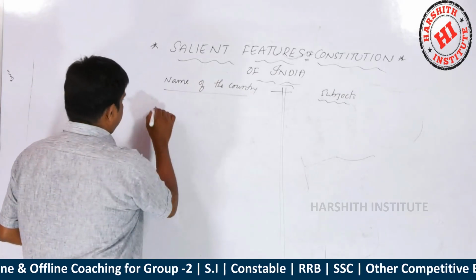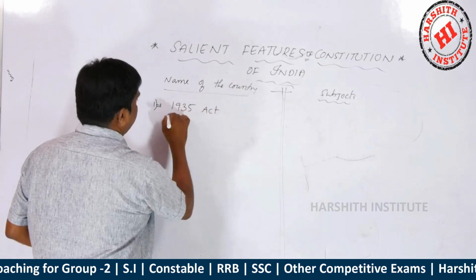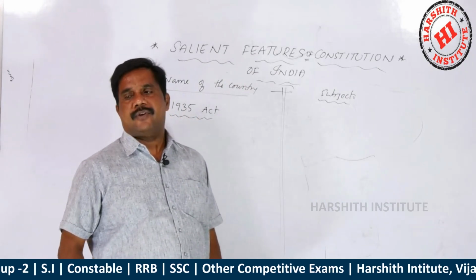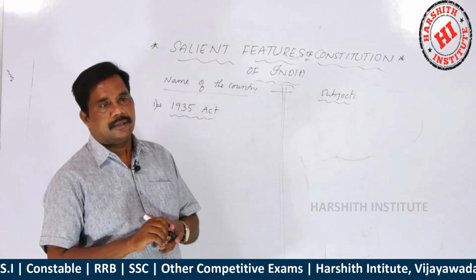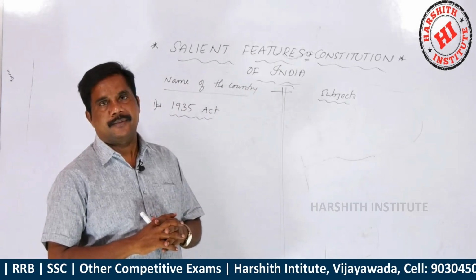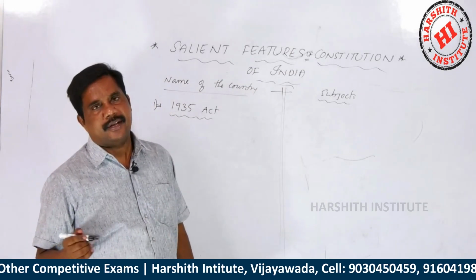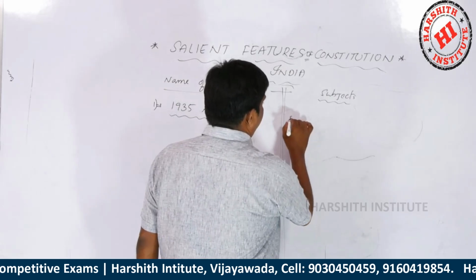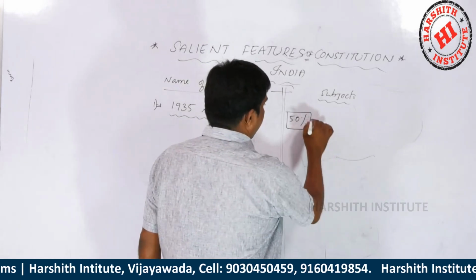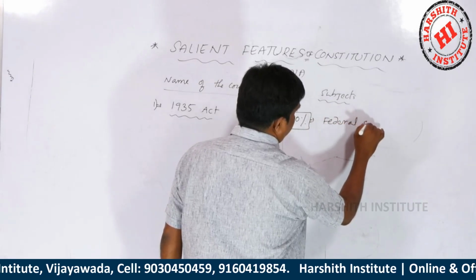So first of all, I want to write 1935 Act. You know, the 1935 Act, when the Britishers were ruling our country. So the British government introduced the 1935 Indian Government Act. From that act, our constitution makers have taken 50% of the subjects. For example, federal system, federal court,